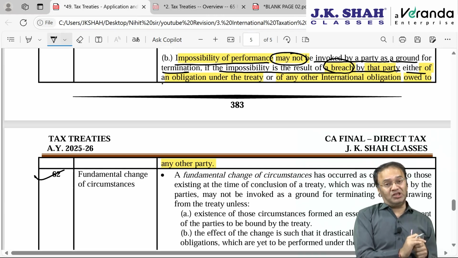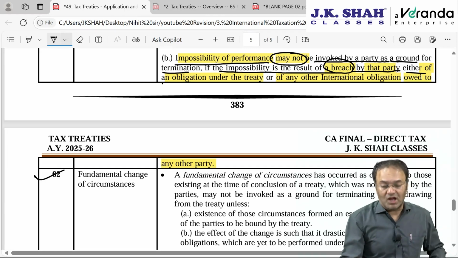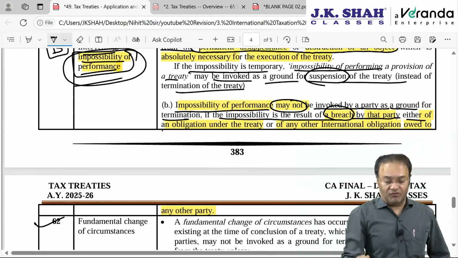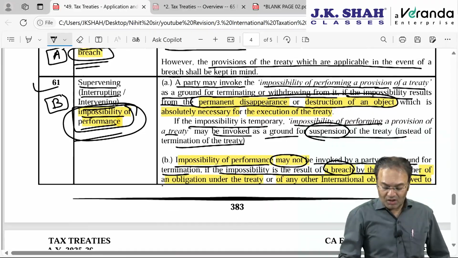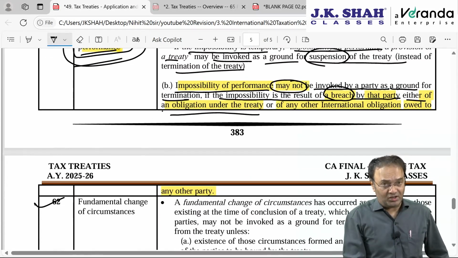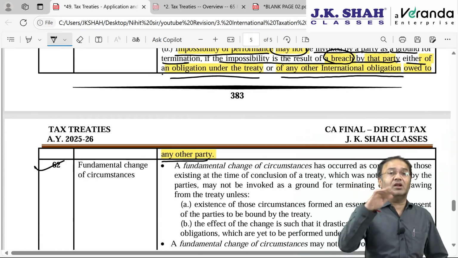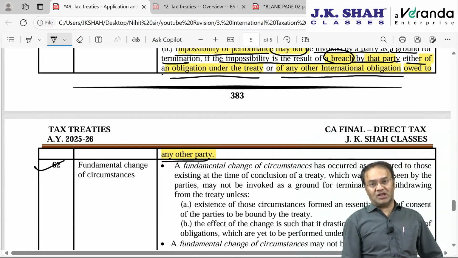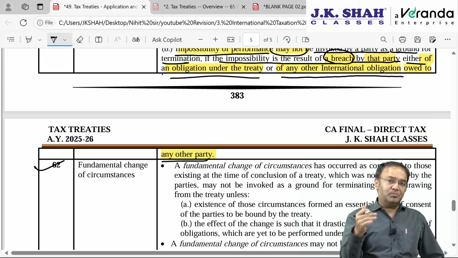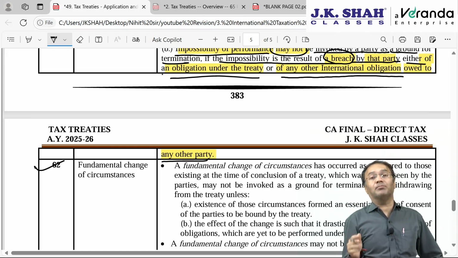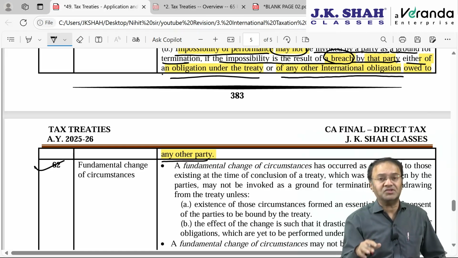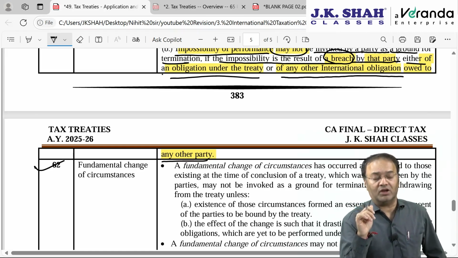However, when there is a breach by Pakistan, then what will India do? So answer, other countries will support. If one country breaches its obligation under the treaty, then India can terminate. And not only that, if there is a breach of any international obligation owed to India, then other countries can also terminate their treaties with Pakistan. So Pakistan will face a lot of legal consequences if they breach any provision with India. That is how a compulsion is created amongst the countries to comply with the obligations of the treaty.